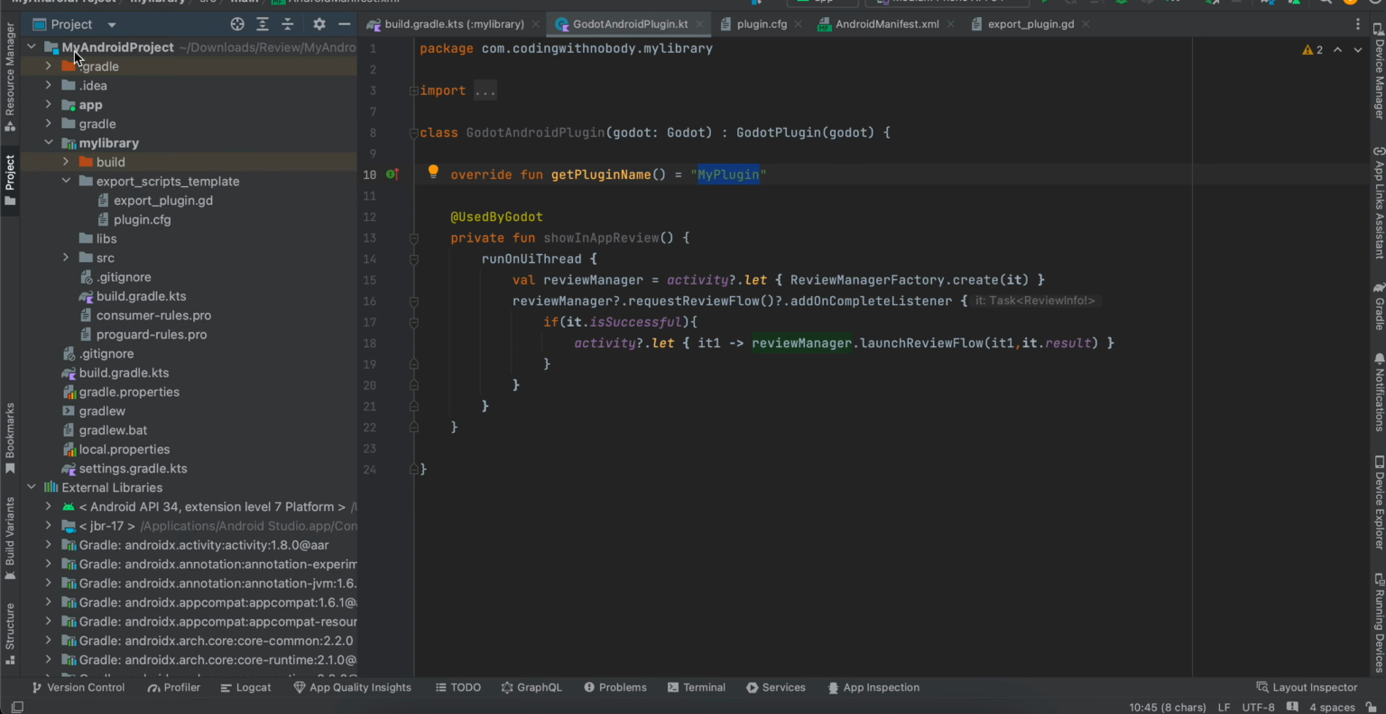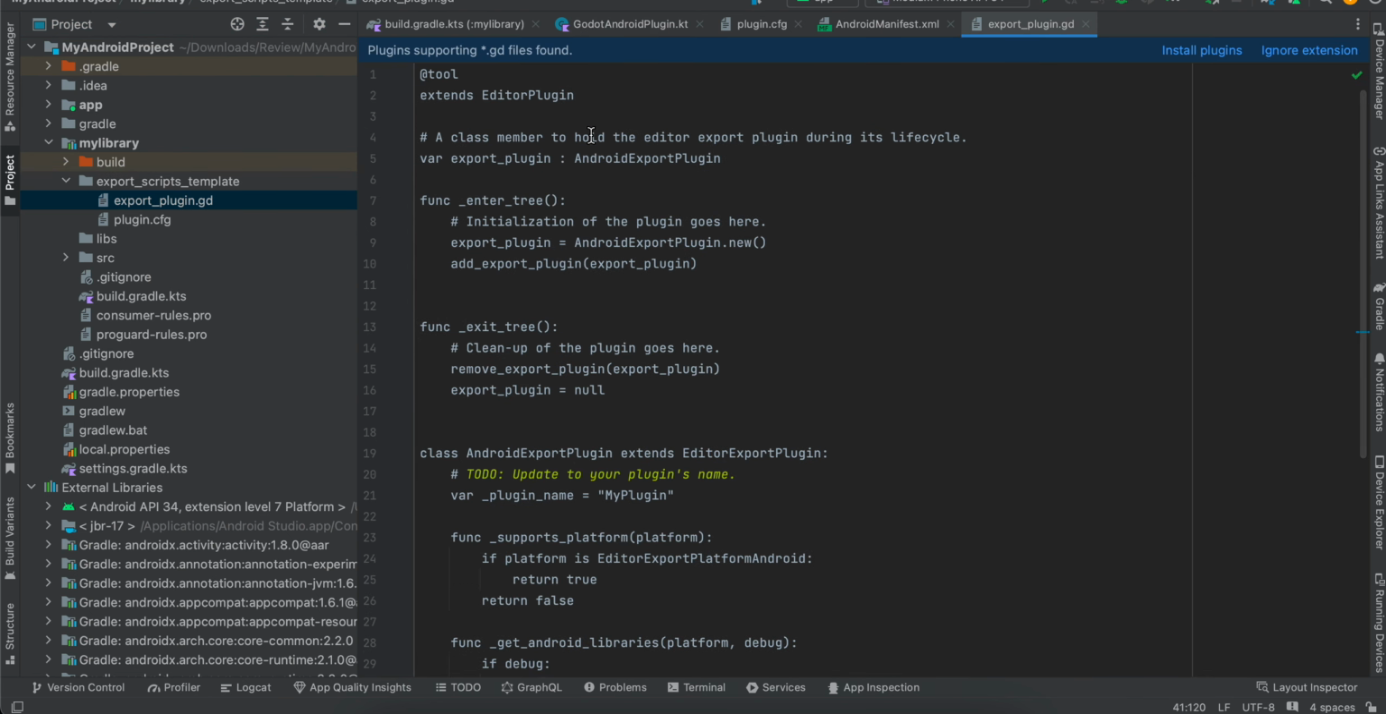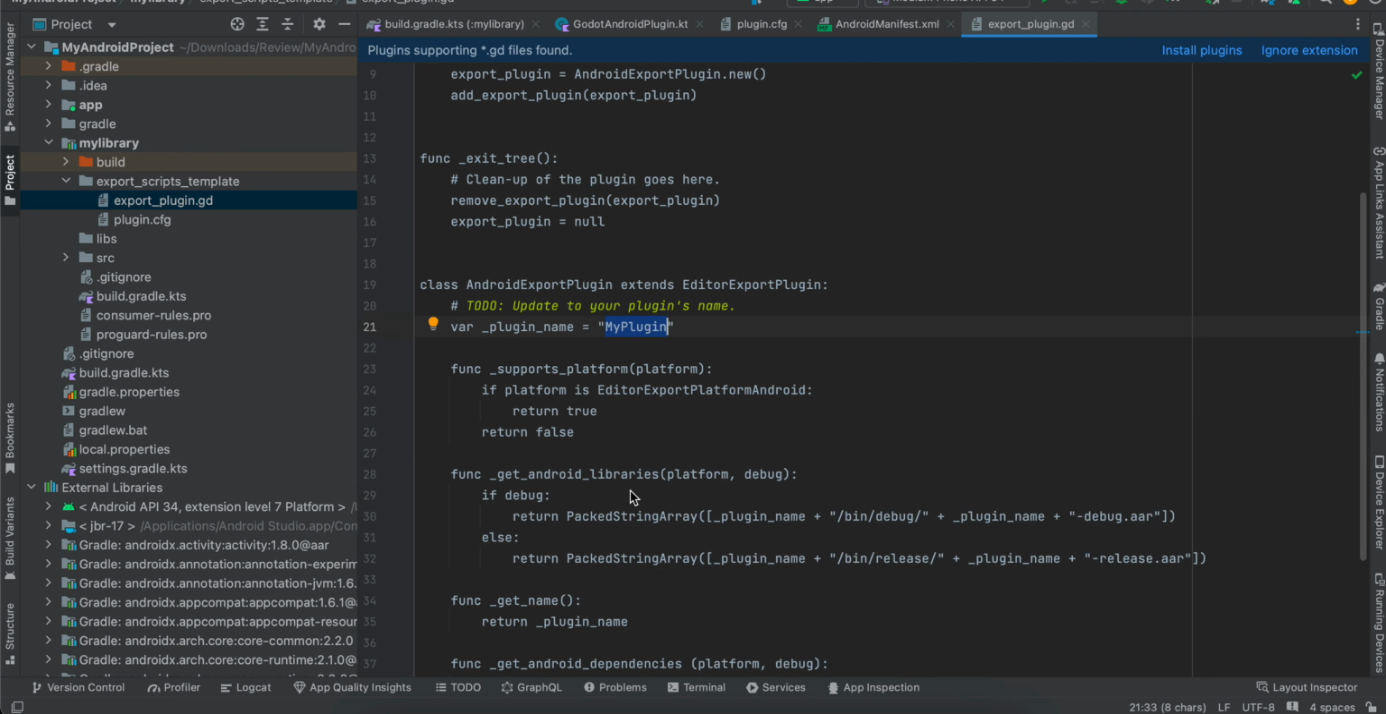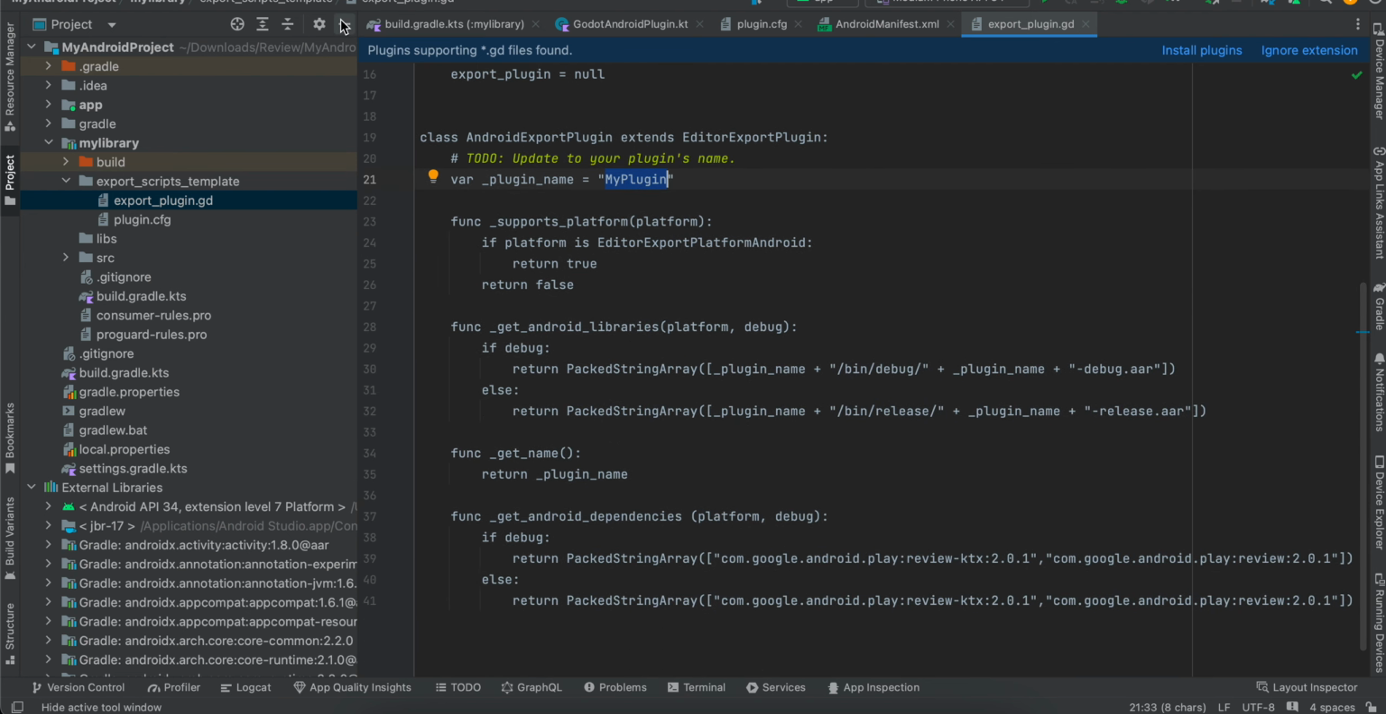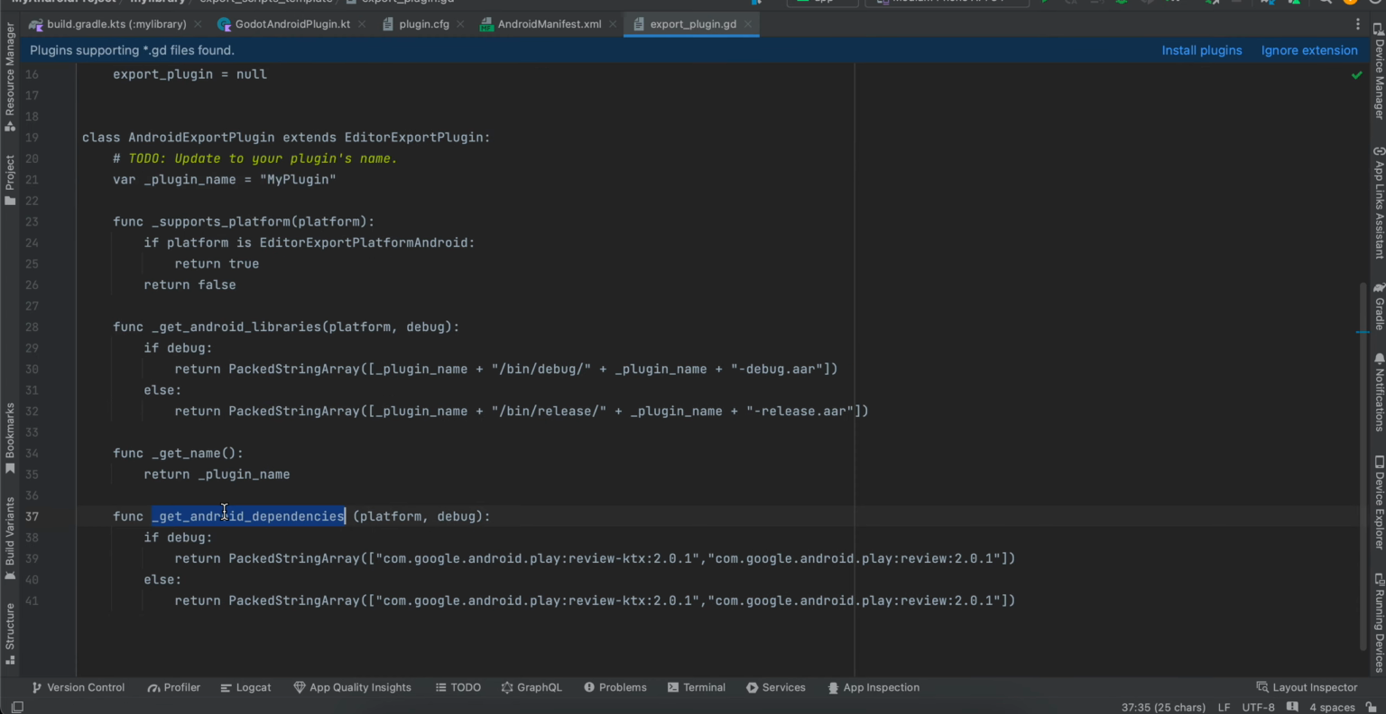Next, go to project drop down, and inside my library create a folder called export scripts template, and here we'll create one file called export_plugin.gd, and I have literally copy pasted everything from the docs itself. The only thing which I have changed is this, which should be your plugin name, everything else will remain the same. Also, one more thing you have to do is add this method called get Android dependency, and here you will add a list of all extra dependencies which we have added inside build.gradle. So I have to add this dependency as well as this dependency,